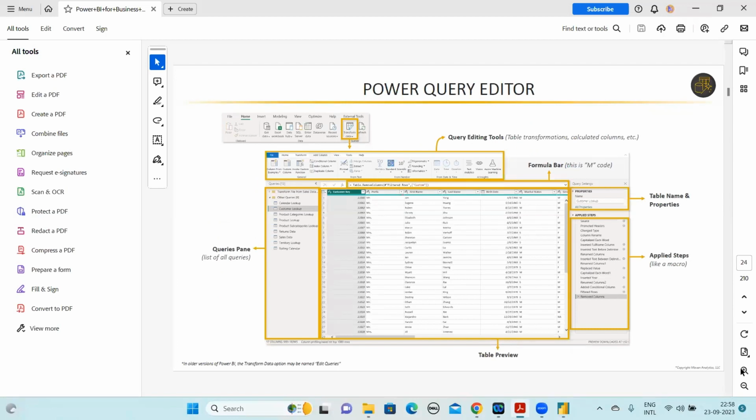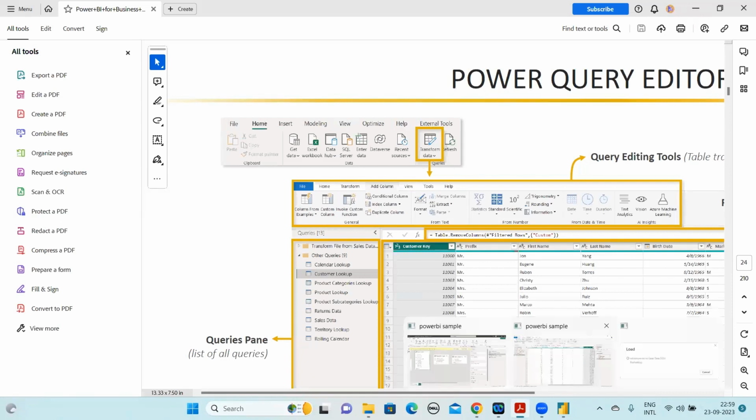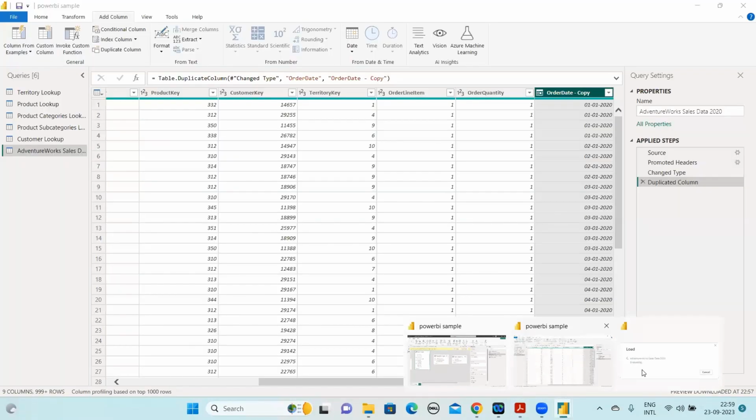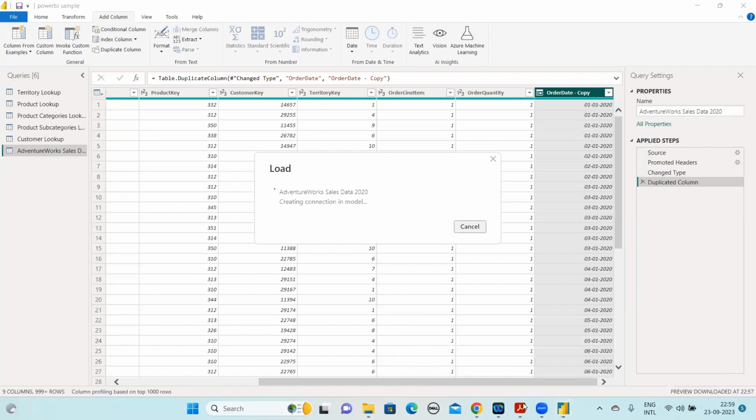Here you can see, in Excel, here in Power BI, there is a transform data option where the same Power Query Editor will open. This Power Query will be opening. So here, if you see, it is getting loaded. Adventure Works Sales, we saved this model. It is creating a connection between the model. See, it will take some time, and after the connection,